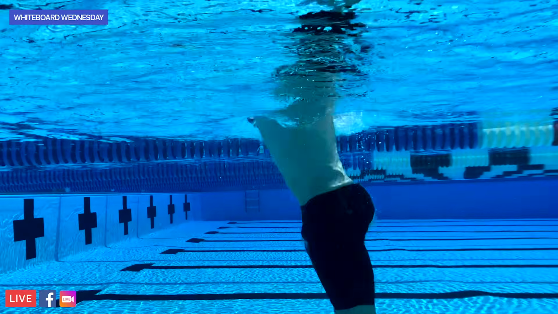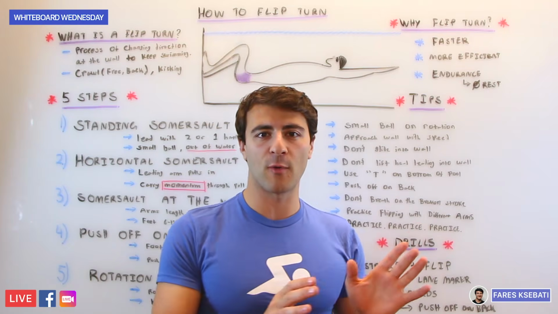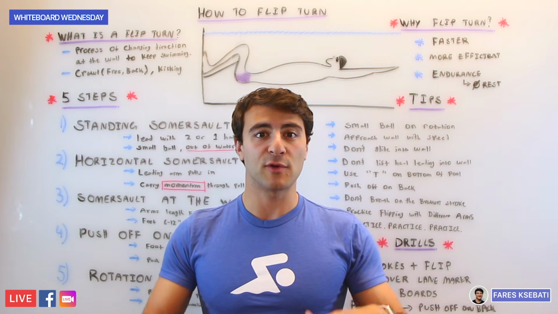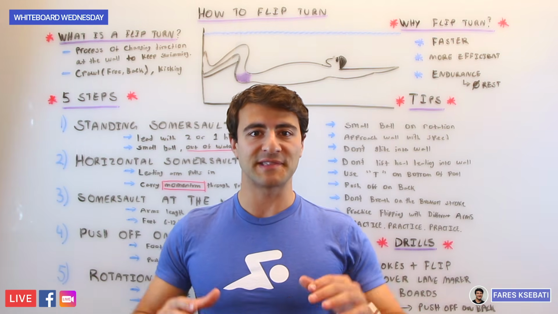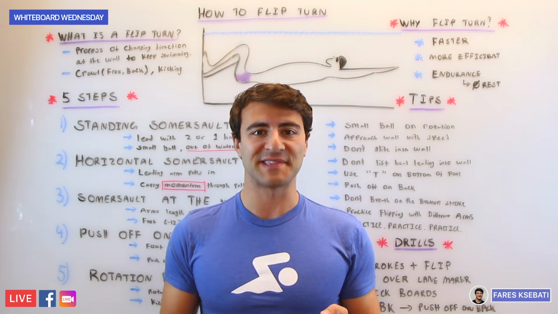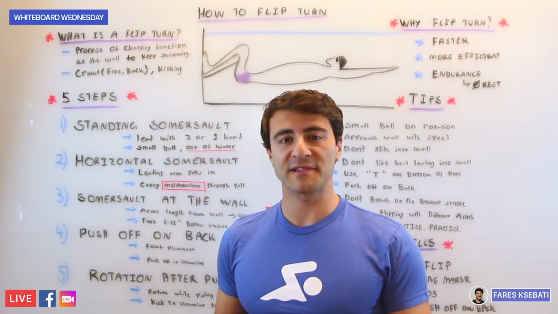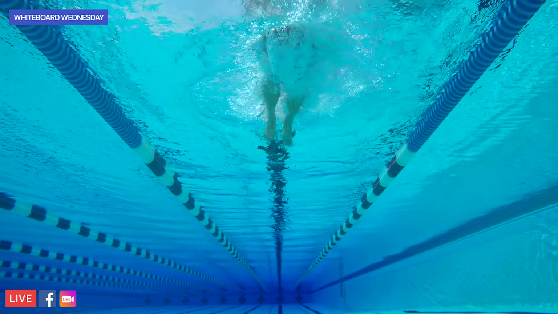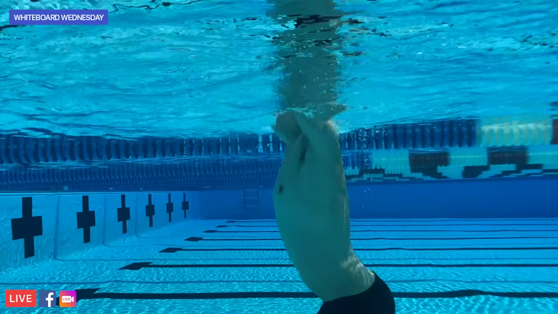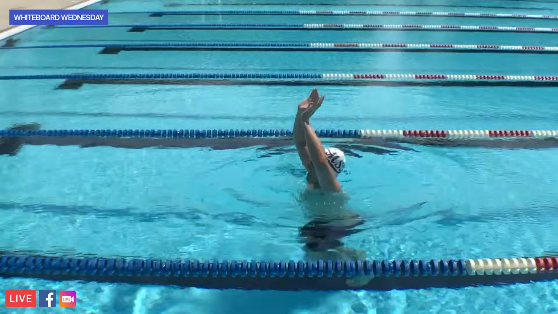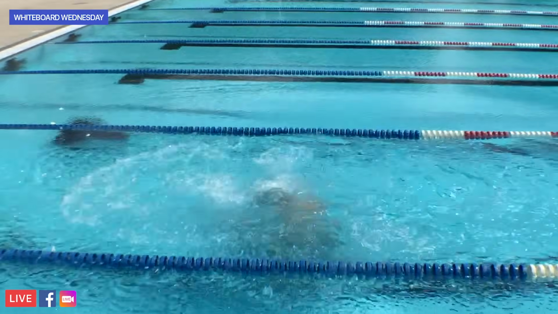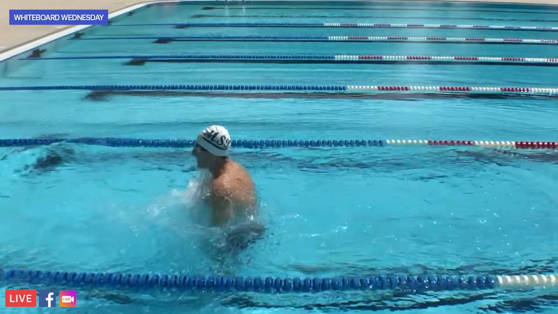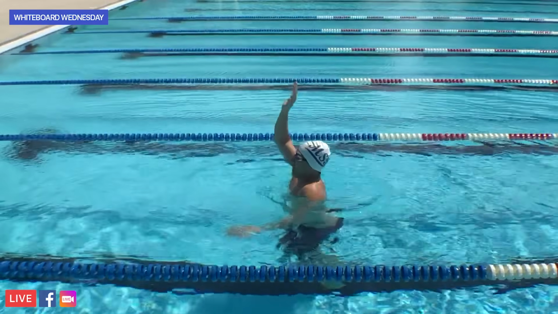and the way you start learning this is not at the wall. We separate ourselves from the wall, we find an open area in the lane at the edge of the pool so that you can stand, and you actually practice doing a somersault from a standing position. So the way this works is you're simply standing vertical with your face looking directly in front of you. You use either one or both hands to push off in the air, and you want to get comfortable using your hand to initiate the rotation so that your entire body can flip.